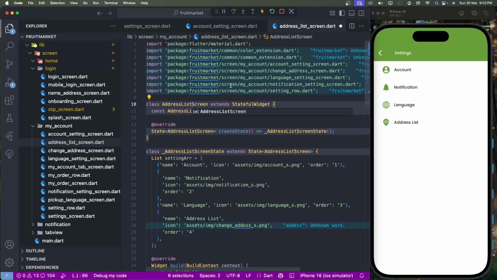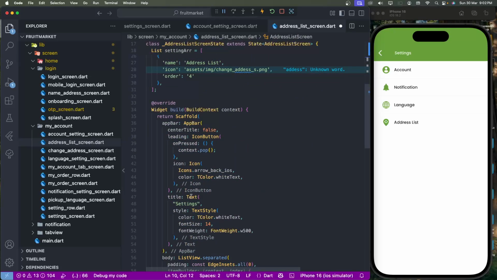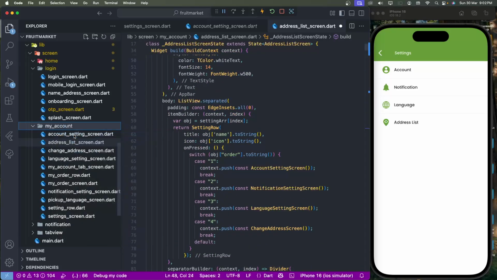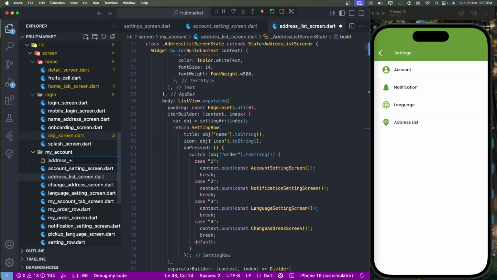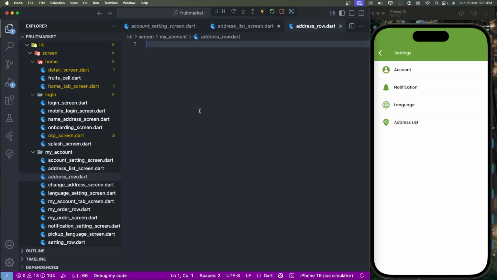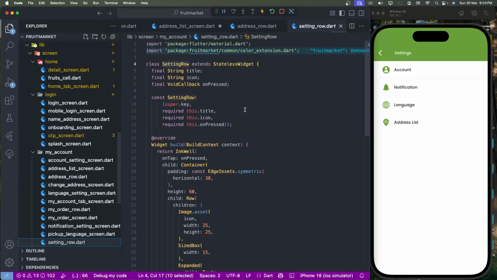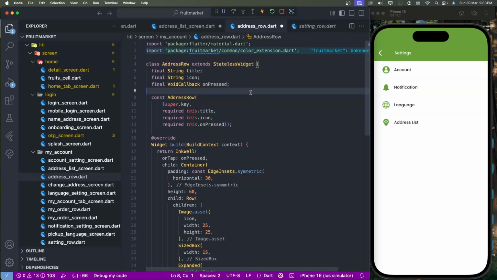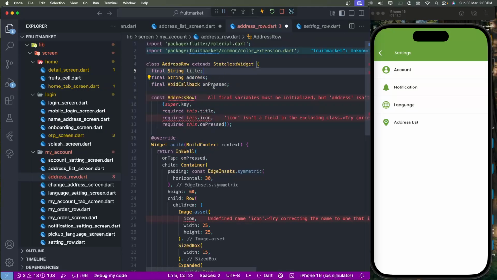AddressListScreen, and we need to change the title to Address List, and here the list view. And we need to create another row: create a new file, address_row.dart, like this creates. And we need to create the setting row. Now we need to copy and paste this, and change it to the address row. We need to set the titles, remove the icons, we have no need for them, and set the address and VoidCallback,